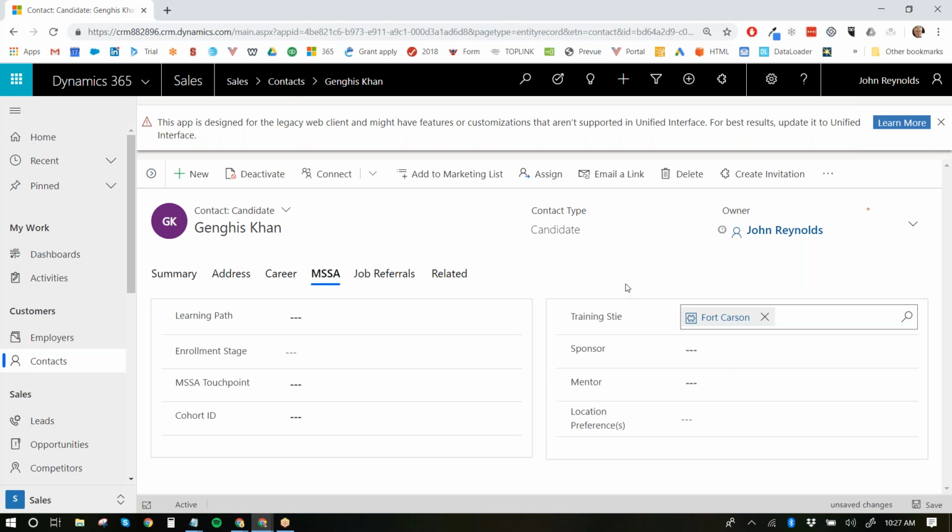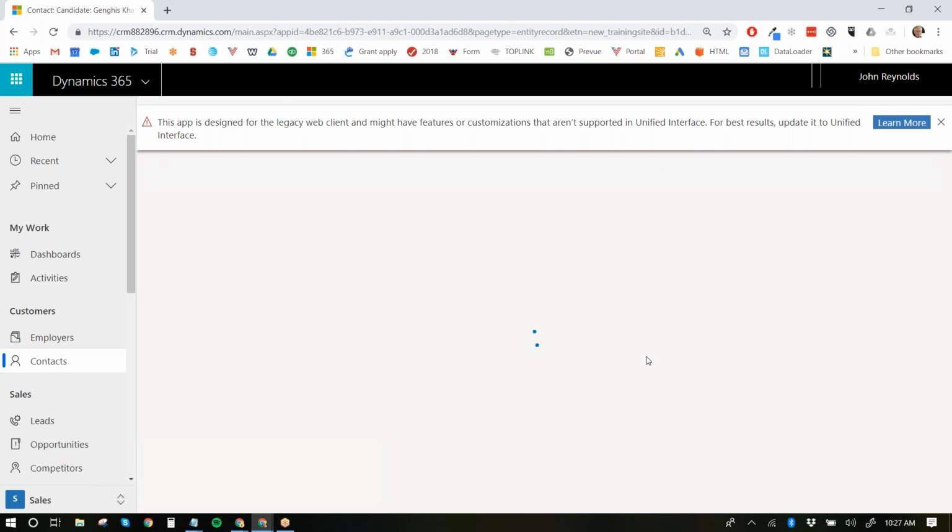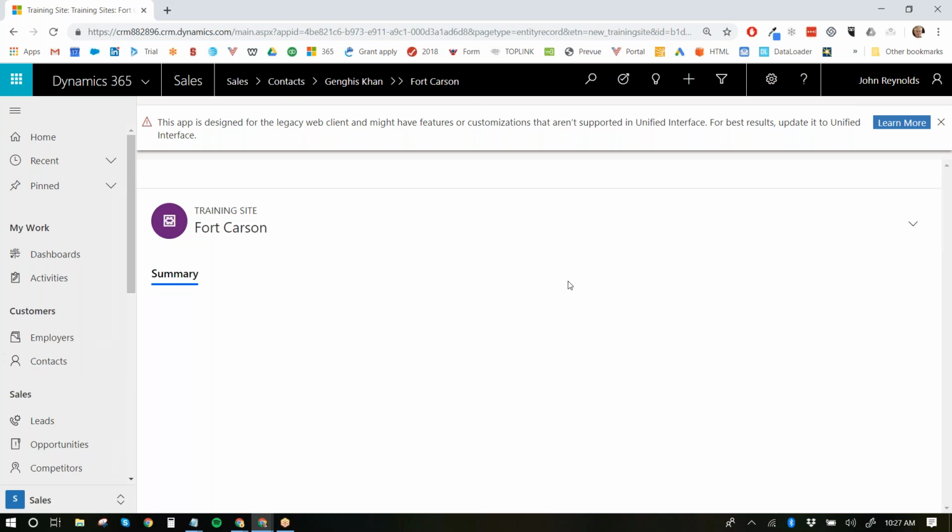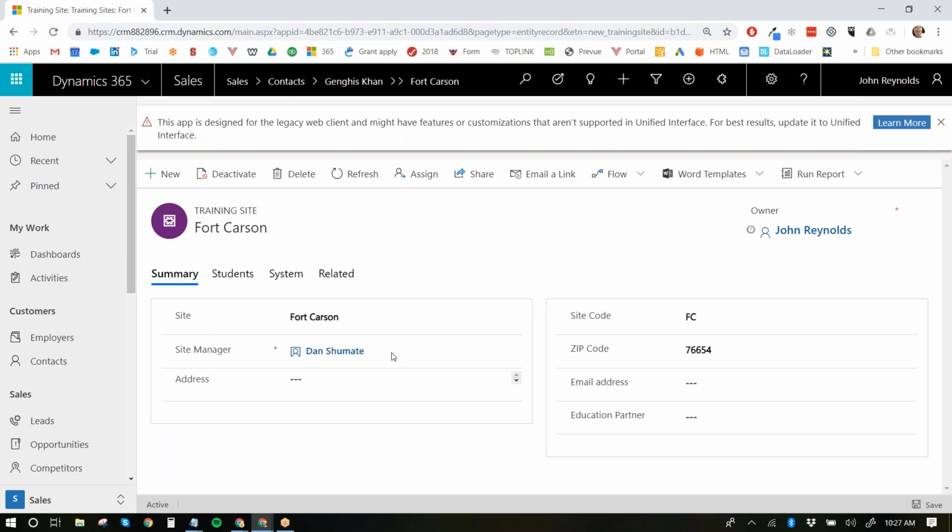We can go to, we can create it, and then we can click on that. There you go. We get that from a lookup. That's a lookup table. So we go to the Fort. So this is the training site, and it's a different entity. And of course, you can tell what kinds of relations do we have and do we want to have on this.